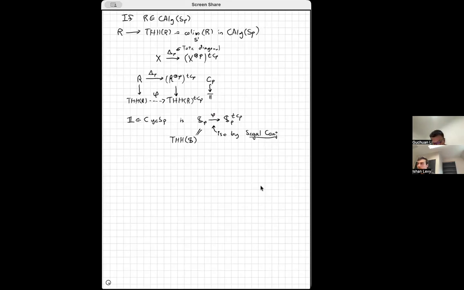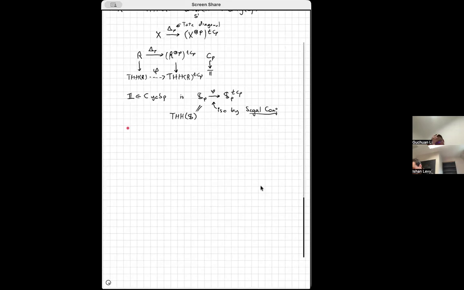Okay, so now what is TC? And I can tell you what TC is. So TC is just defined. I'll define it for a cyclotomic spectrum first. TC of a cyclotomic spectrum is defined as maps in cyclotomic spectra from the unit, which is this object, into X,